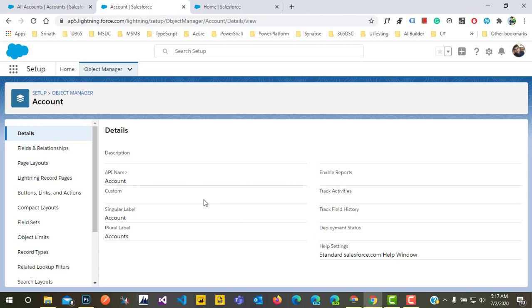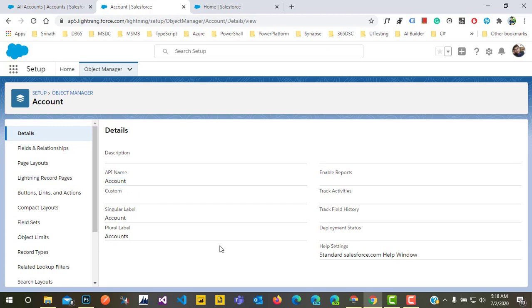Here one thing we need to point out: in our Dynamics case, every entity has a logical name, and the same as the logical name, in Salesforce we call it API name. So we can use it anywhere in scripts, the coding part, as the API name.